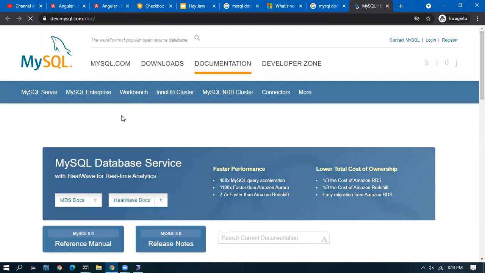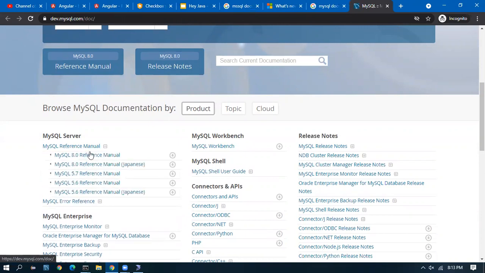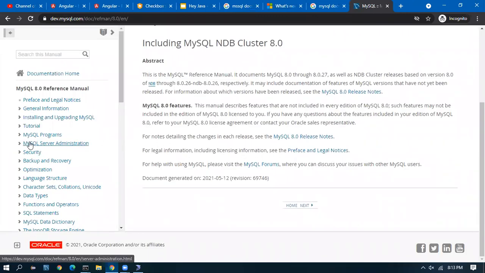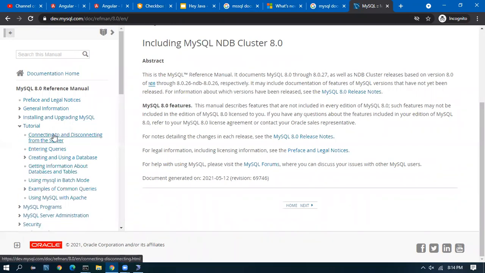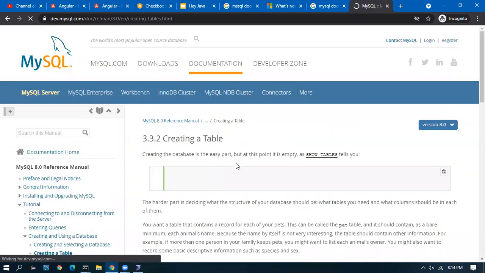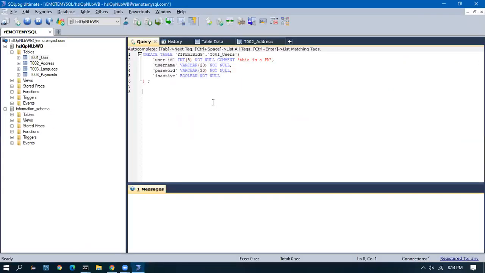So they provide clear instructions on how to create, in the MySQL reference manual. They provide clear instructions on how to create a table, how to insert rows, how to delete rows, all those. Creating and using a database. So creating and selecting a database, creating a table. If you go here, if you give show tables, they show clearly what it is going to return.